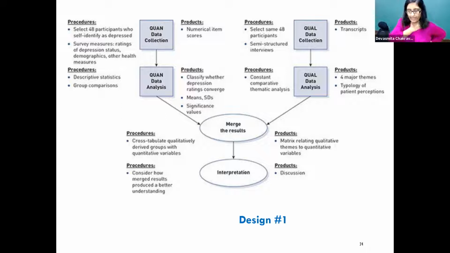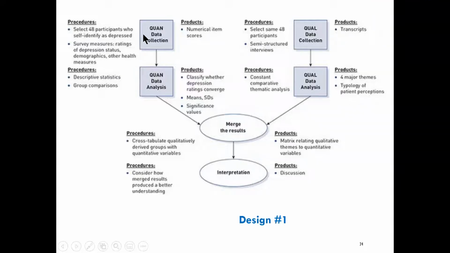Now look at what happens in this particular design. It's from a paper that you already have, but you don't have to look at the paper right now. That paper you can read later if this is interesting for you. Now let's look at what is happening in study number 1. You see a quant data collection. If I hover my mouse, you can see where the mouse is, right? Maybe a thumbs up on your screen. Yeah, good. Good.